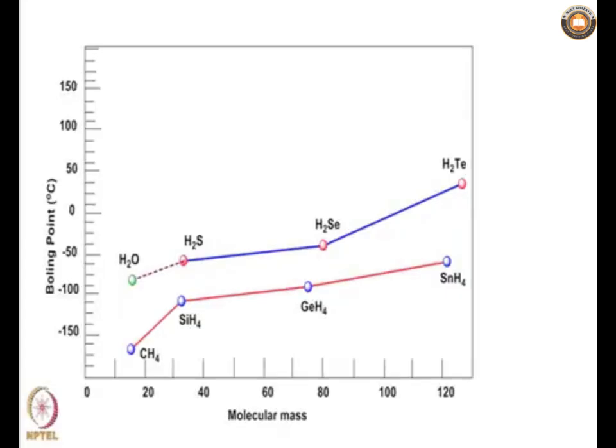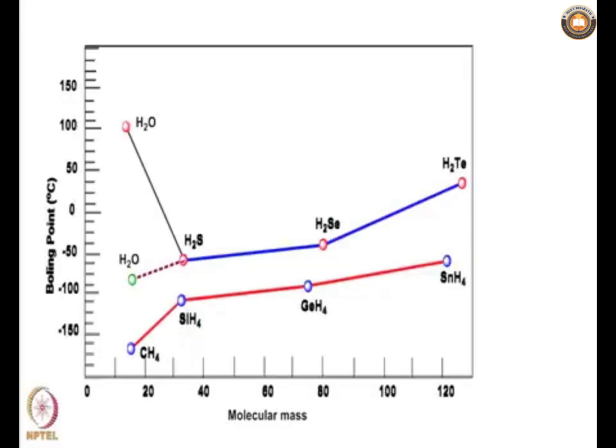So that means the boiling points are steadily increasing, and by comparing the molecular masses of H2O and H2S, one can anticipate H2O to have a boiling point of around minus 100 degrees centigrade, because its molecular mass is less than hydrogen sulfide. Of course, the hydrogen sulfide boiling point is close to minus 100 degrees centigrade, but in contrast what we see is that the boiling point of water gets an increment of almost 200 degrees centigrade, and its boiling point is 100 degrees centigrade. So, what is the reason?